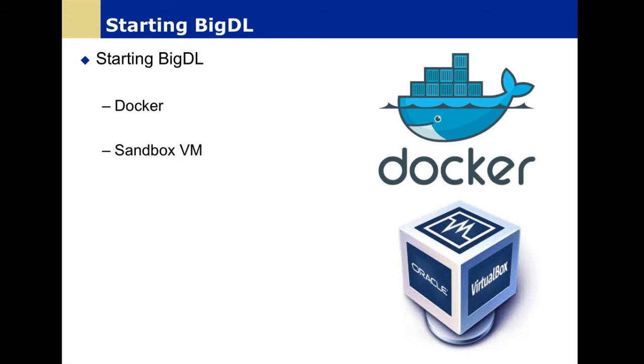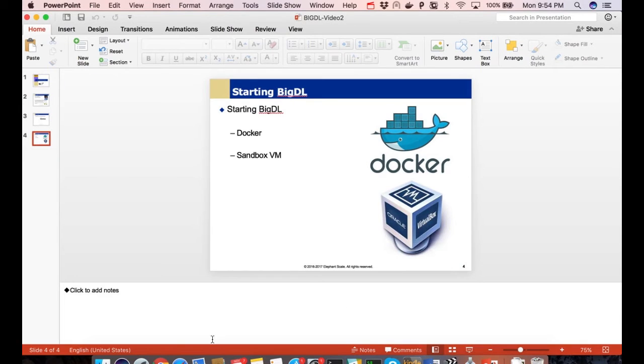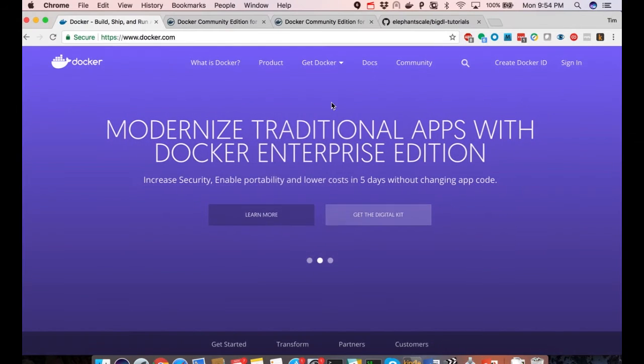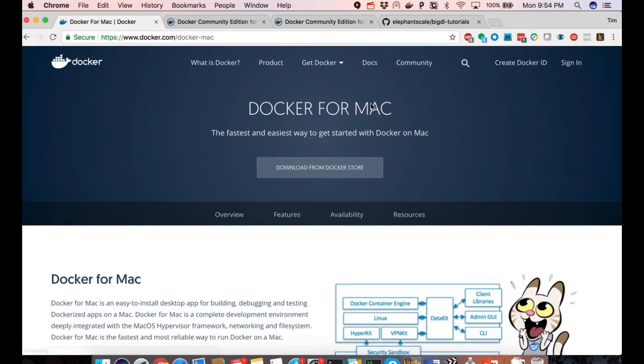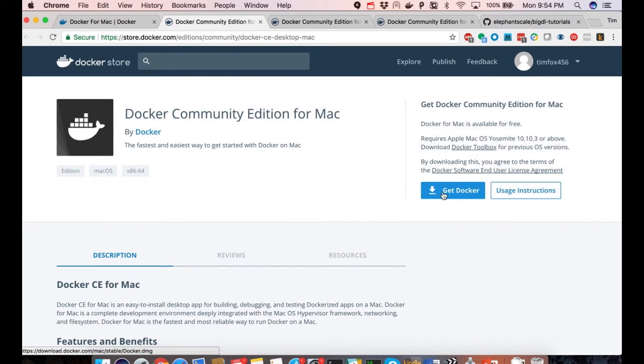So proceeding ahead with Docker, let's first ensure that we have Docker downloaded and installed on our local system. Now, I'm running a Mac, which means I'm going to go to the docker.com site. I'm going to click on Mac, and download that from the Docker store and click on Get Docker.